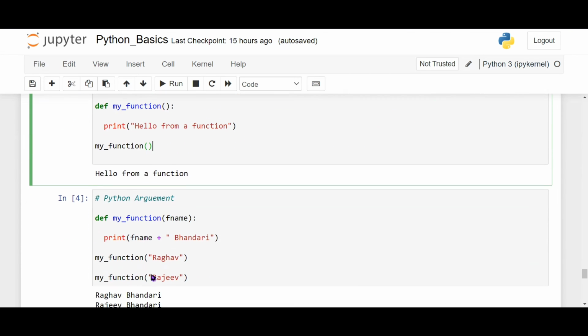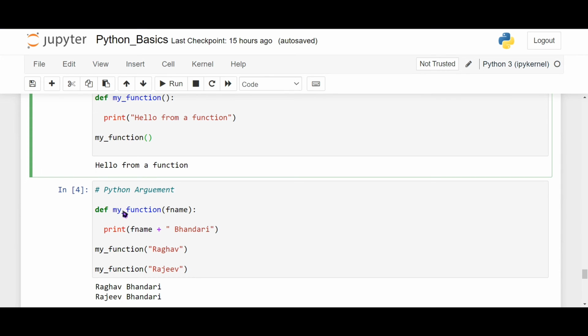Now we can also give an argument, like def my_function, and fname is the argument given to it. This fname is printed in that particular function. Now we can pass the argument in the main part. So my_function Raghav is given, so this will go to the function, and then it will